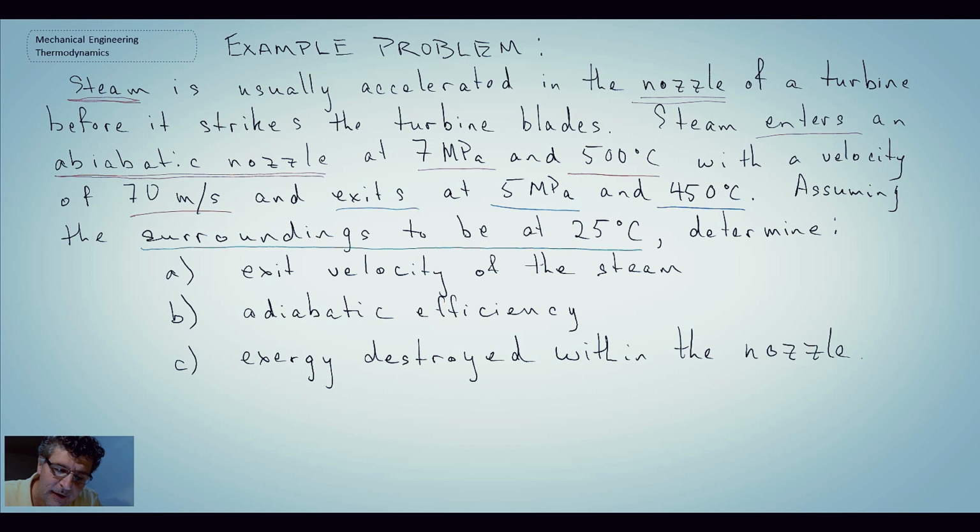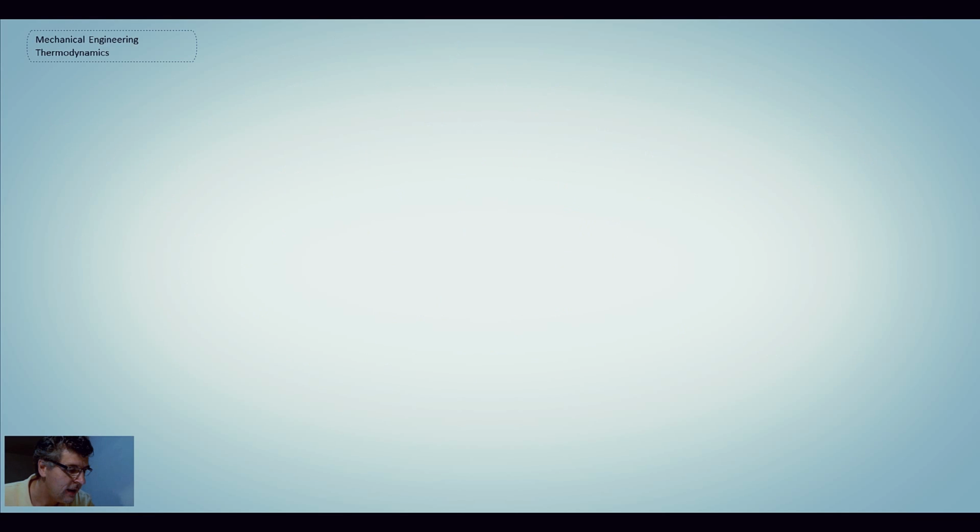It's telling us to solve for three things: the exit velocity of the steam in the nozzle, so that would be velocity 2, the adiabatic efficiency of the nozzle, and the final thing, exergy destroyed. Okay, so let's begin the problem by writing out what we know and what we're looking for, and then we'll work our way through. So the known information,